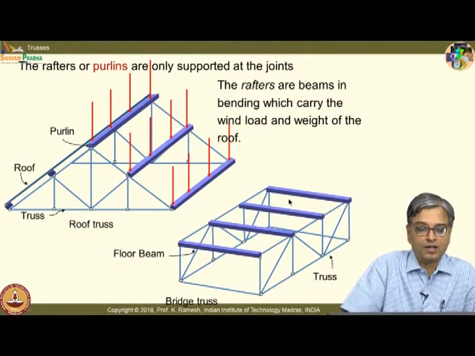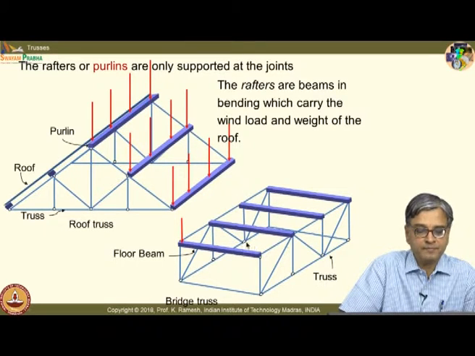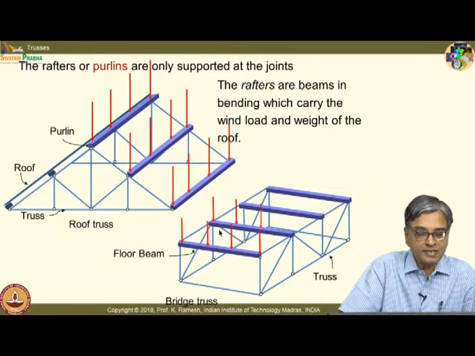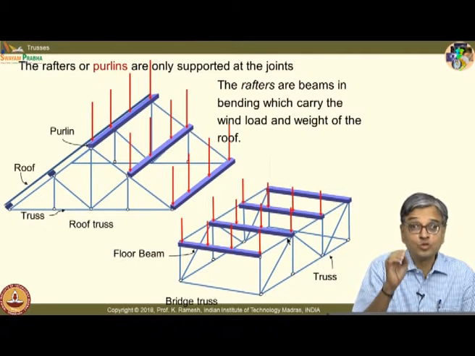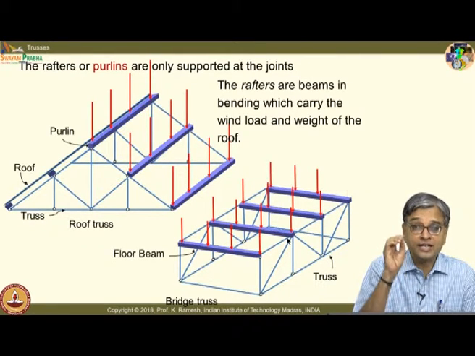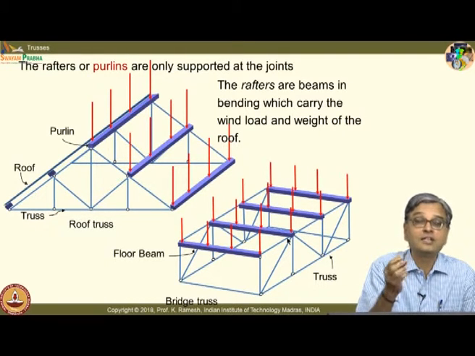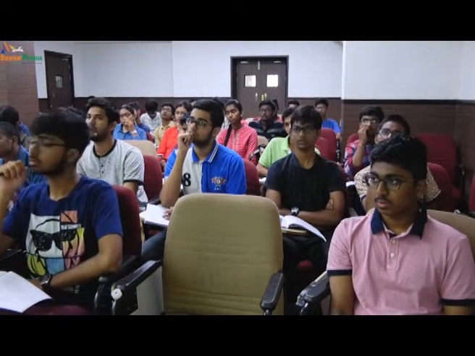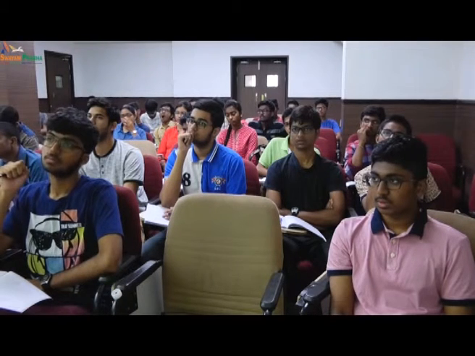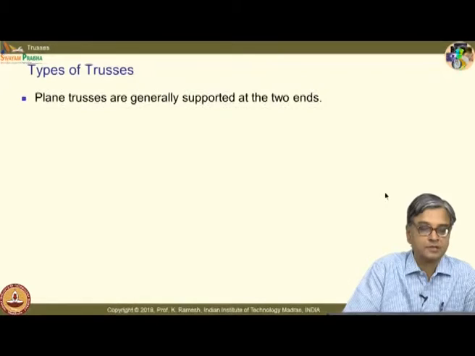Here you have a road and you call that a floor beam, and the floor beam is having a transverse load, and these floor beams are supported at the joints of the truss. So, you have to ensure not only while constructing it, but while loading also, that loads are applied only at the joints; they go together. Until then you cannot analyze the structure as a truss.